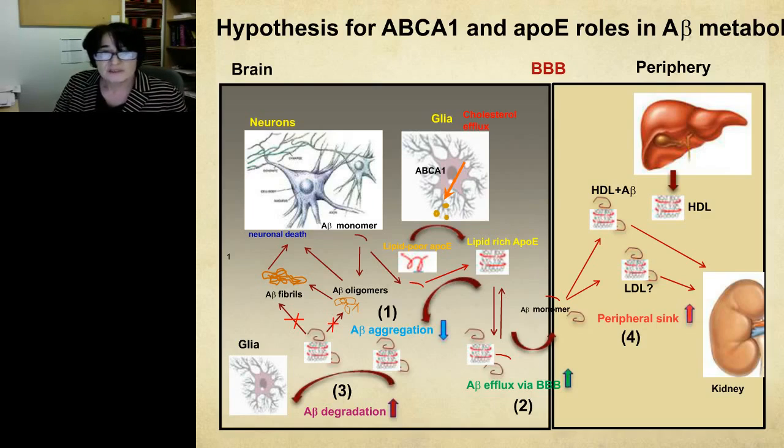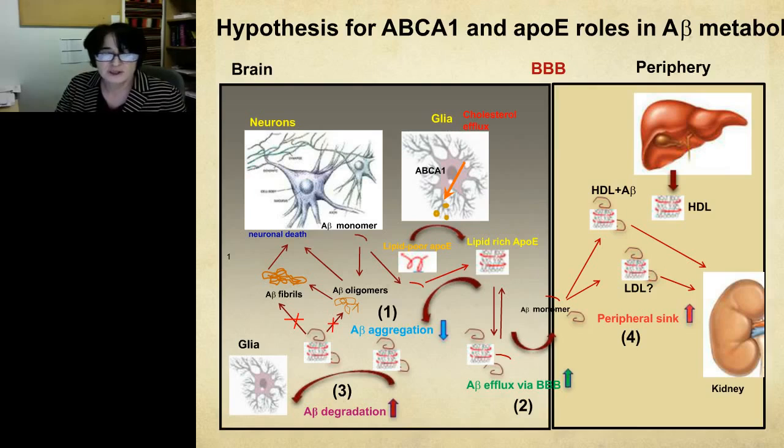The role of ABCA1 and APOE is to regulate cholesterol efflux in glial cells, where lipid-poor APOE obtains cholesterol and phospholipids and converts to lipid-rich APOE. As I mentioned in the beginning, one consequence is that lipid-rich APOE is longer lived than lipid-poor. Another consequence might be